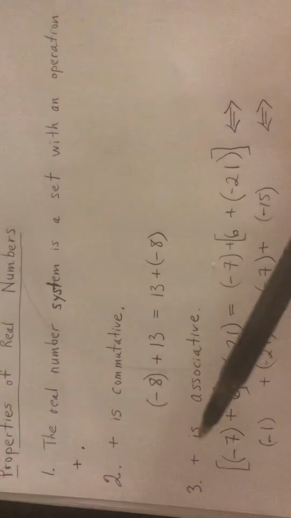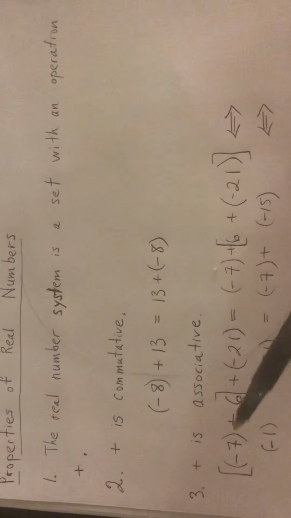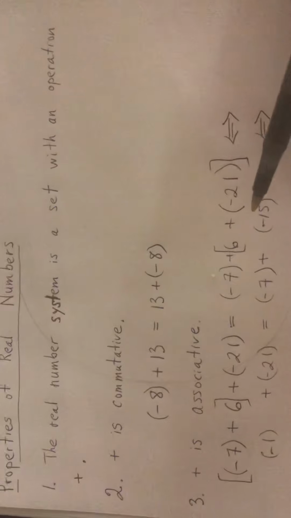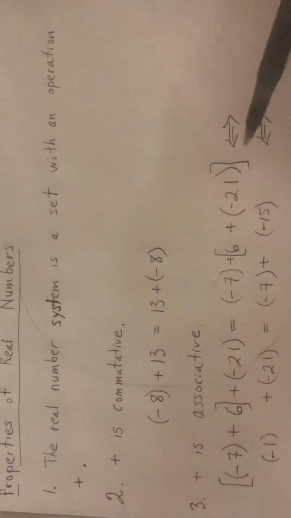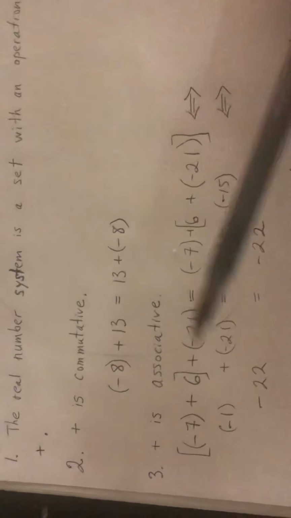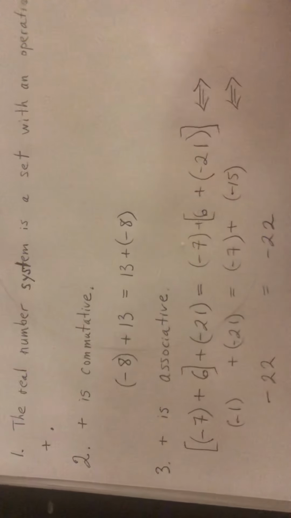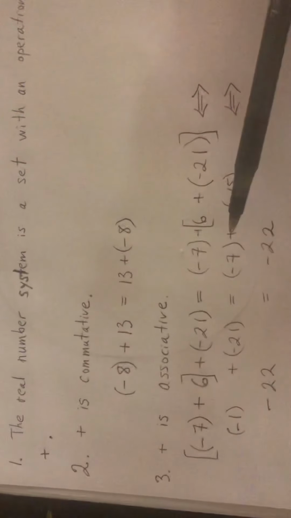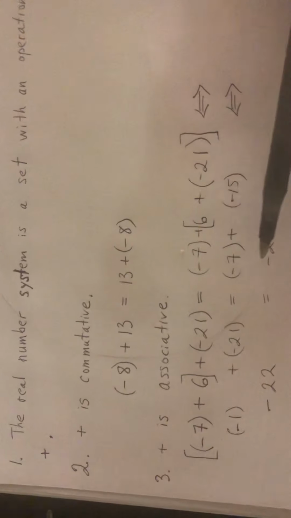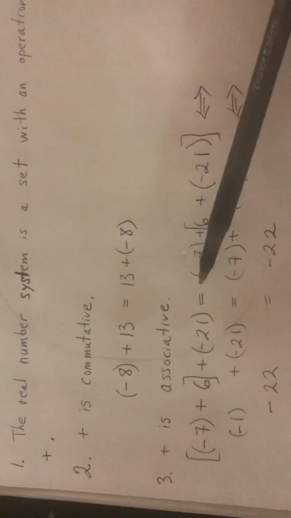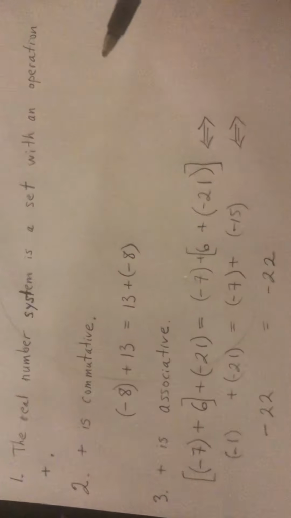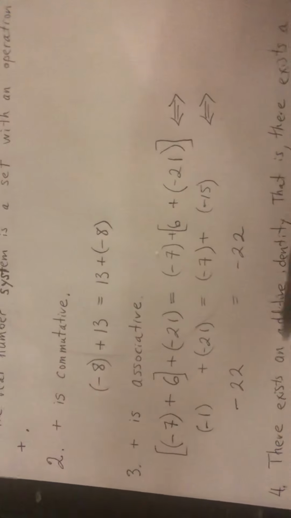Because what I do is I can simplify in here. I know that this is negative 1, and this is negative 15. So these two statements have the same truth value, and we'll keep going. So this is negative 22, this is negative 22, so this statement and this statement have the same truth value. Now, this is obviously true, so we can work backwards. Since these three statements have the same truth value, and this is true, the original statement is also true. So we've basically proven this for these numbers at hand. That's the associative law.